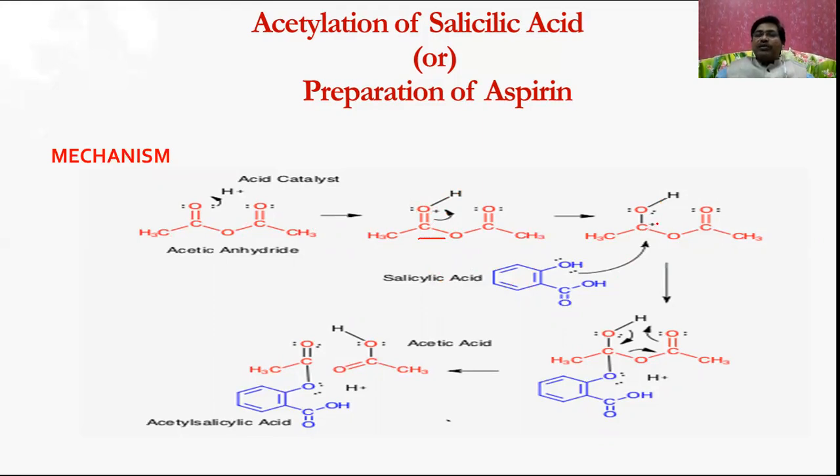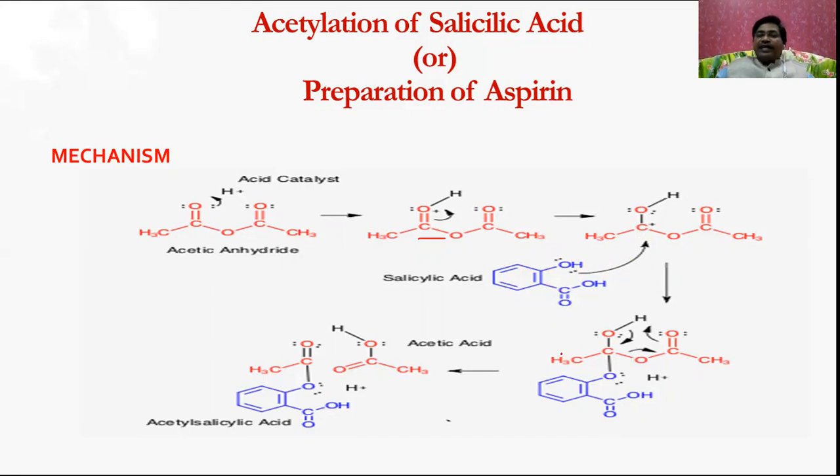Here you can observe there is a plus charge on the carbon, and that is going to act as a nucleophilic center, and the nucleophile is going to add here. Why does it act as a nucleophile? You know that in water, here it is OH, and for another hydrogen this moiety is there, and there are two lone pairs of electrons. That is what acts as a nucleophile, and this is going to attack the nucleophilic center of acetic anhydride.